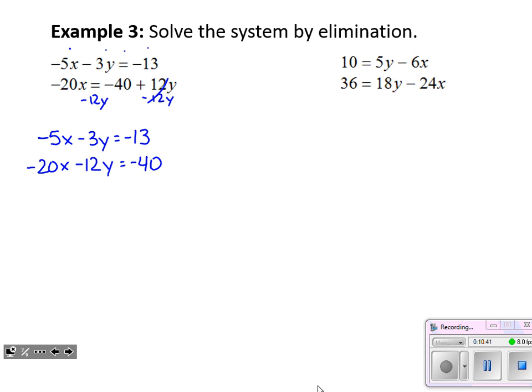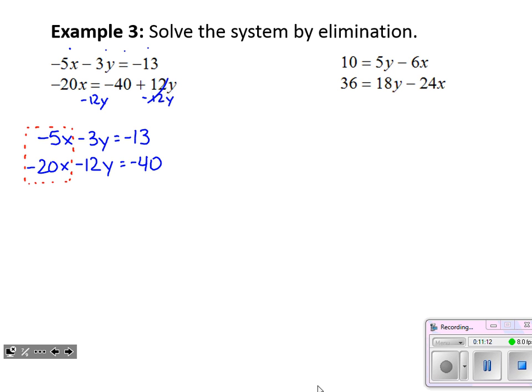You can see how everything lines up perfectly in order to combine like terms. Now, what we are allowed to do is either multiply or divide one or both equations in order to get those variables set up to eliminate. So I've got to make a decision. Which variable, the x's or the y's, does it look easier to eliminate? I'm going to choose the x's for this one. It looks like they're very close to eliminating right now, or it wouldn't be a difficult adjustment.